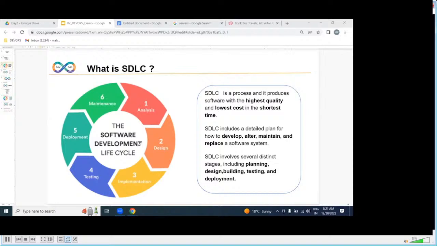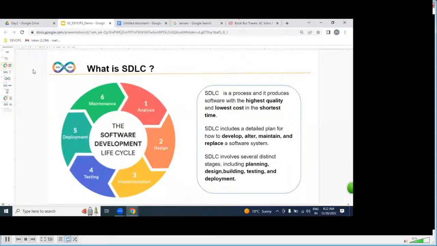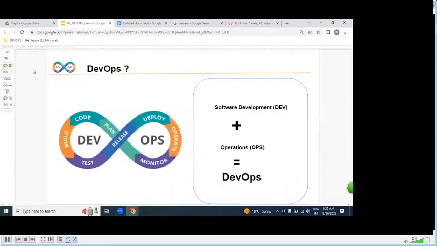By the end of the day, any IT employee, the developer or the tester or DevOps engineer, has to produce an application to do business online. Any IT employee's goal is to produce working software as an application, to do business on the internet. That is exactly SDLC. In SDLC, we are going to implement our DevOps process.